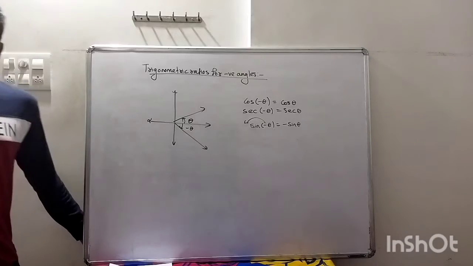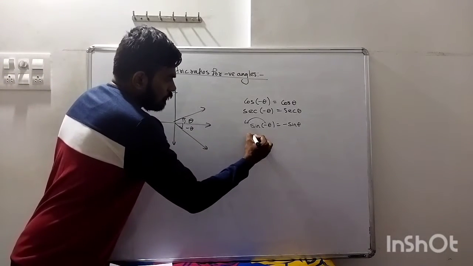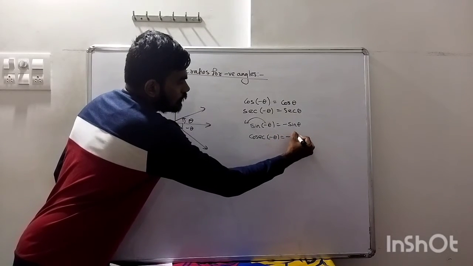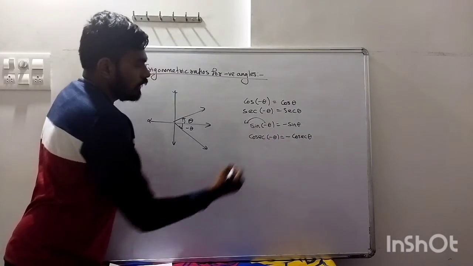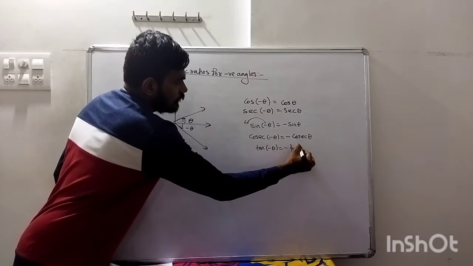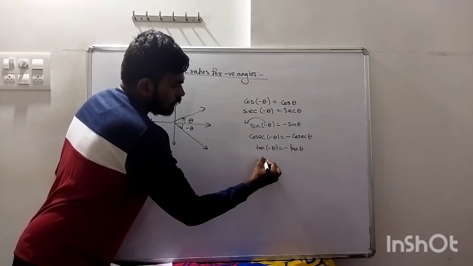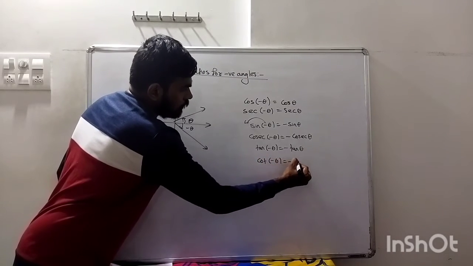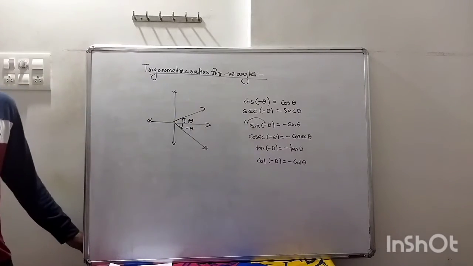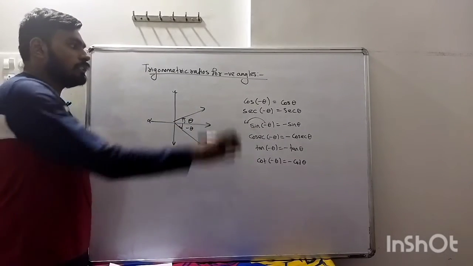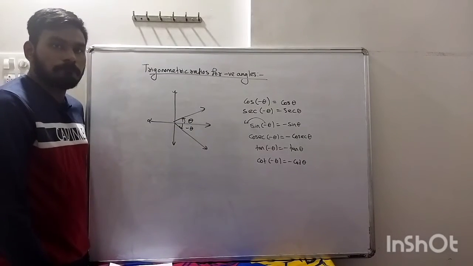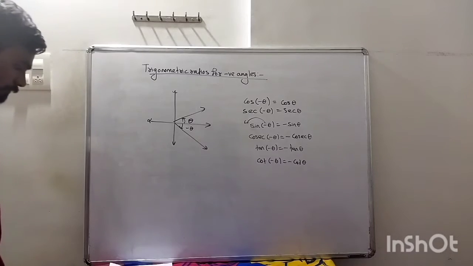Similarly, if you ask cosec, the reciprocal of sine, the same thing happens, okay? Minus of cosec theta. Similarly, if you ask tan of minus theta, it's minus of tan theta. Similarly, if you ask cot of minus theta, minus of cot theta. For all remaining ratios it is minus, only for cos and sec it is plus. So, just remember this, okay? For cos and sec it is plus and for all remaining ratios it is minus. So, I will rub this.